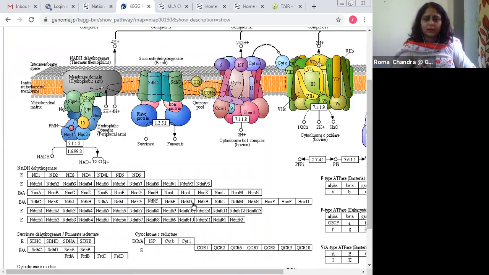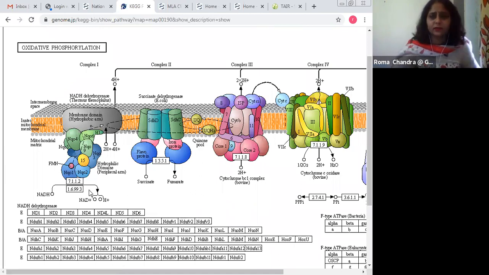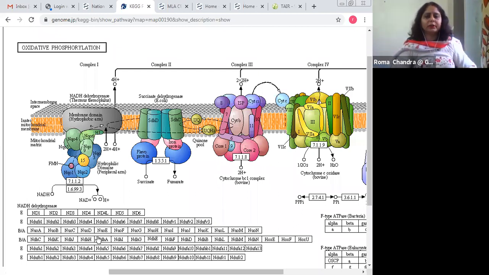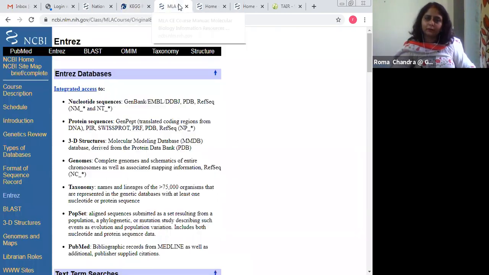Here you can see we talked about oxidative phosphorylation in a brief manner in our previous session. This is a detailed description of the different genes, the different complexes, how they are working, and the different components of those complexes. Earlier we talked in a simple manner: NADH complex is there, succinate dehydrogenase is there, and complexes 3 and 4. But what about the different components? You can go through this database and deal with all sorts of metabolic pathway related information.